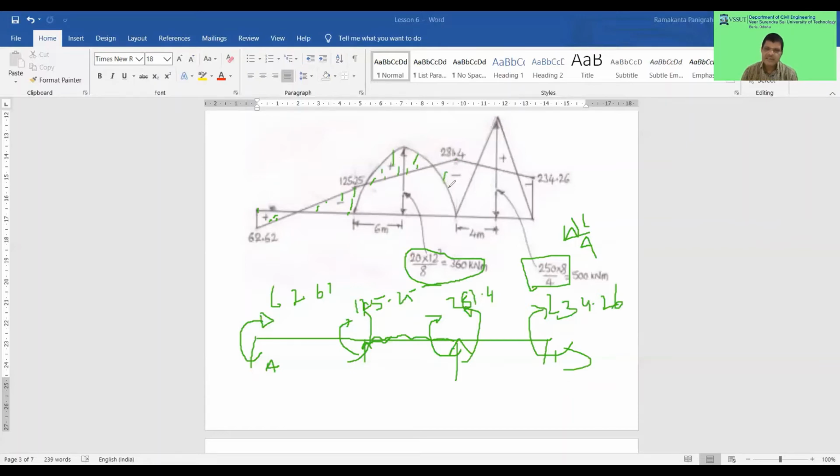And again, this is the moment diagram. It is negative, and again this part is positive. This part is negative. So this is the bending moment diagram for this. Now, if you are asked to calculate the maximum bending moment in this span and the shear force diagram, we have already discussed in the slope deflection method how to find the reactions in each span, and how to calculate the shear force and bending moment diagram. So we will not repeat those things again and again.